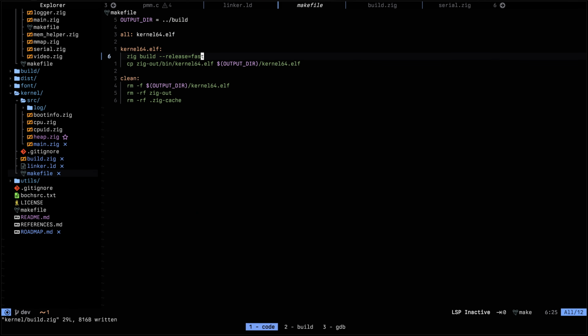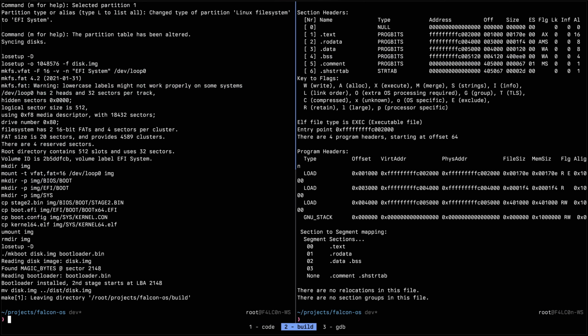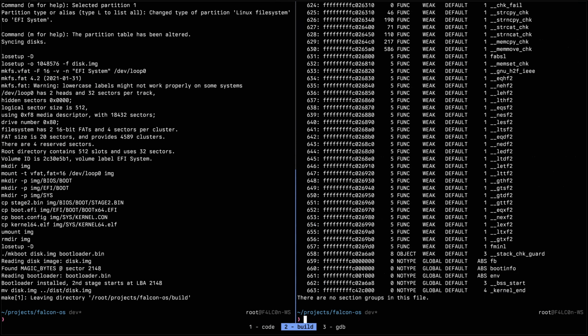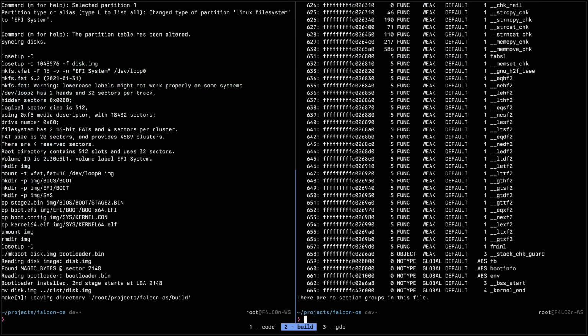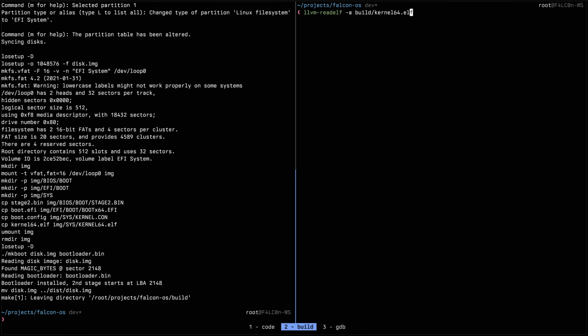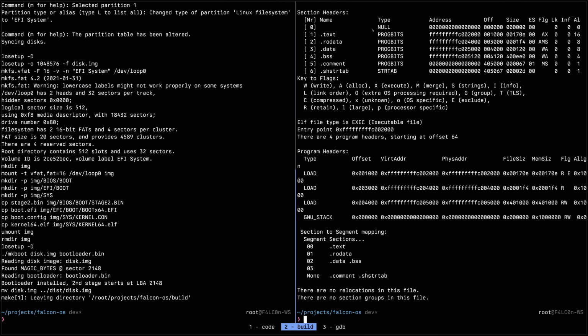Now let's go back to just a normal debug build, and we have our symbols back. Cool. So just going to try to do this. Let's build it again. Let's clear this and try to read the ELFs. Right. So here I can see that BSS is